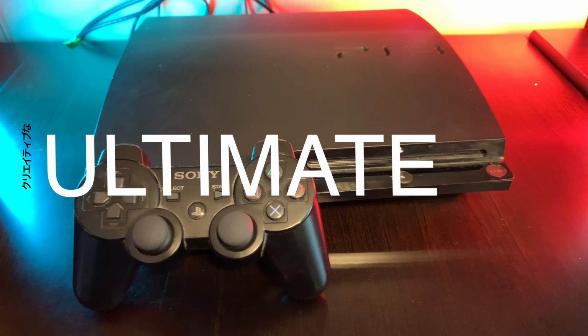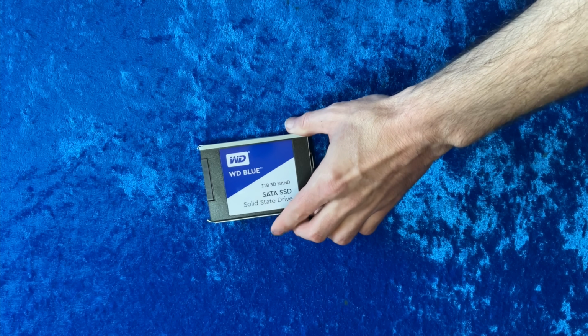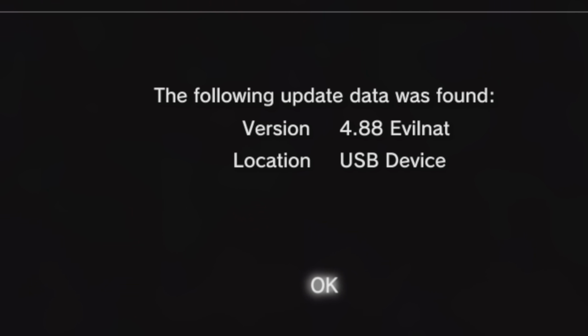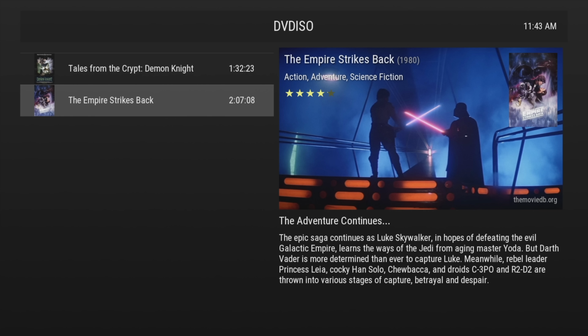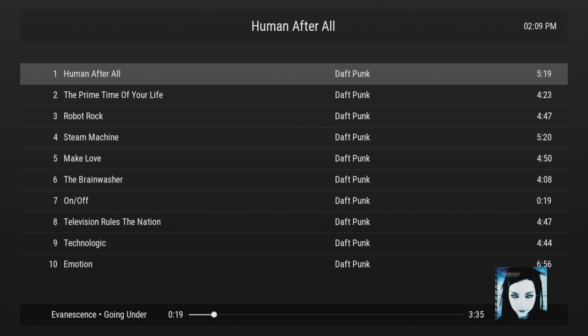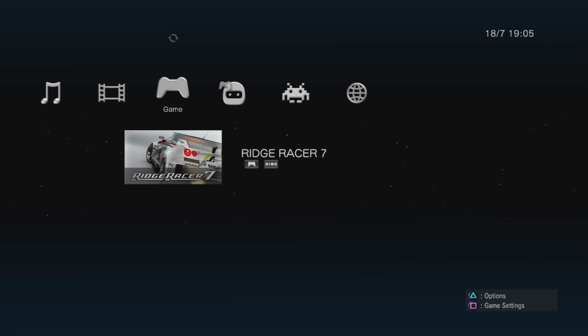What does the ultimate PS3 look like? How about one that's been updated with solid-state storage, is running on full custom firmware, can play your digital movie files and even download the artwork from the internet for them, play your MP3 files and download the cover art for the albums, can do all of this from an official first-party Bluetooth remote from Sony, can play your PS3